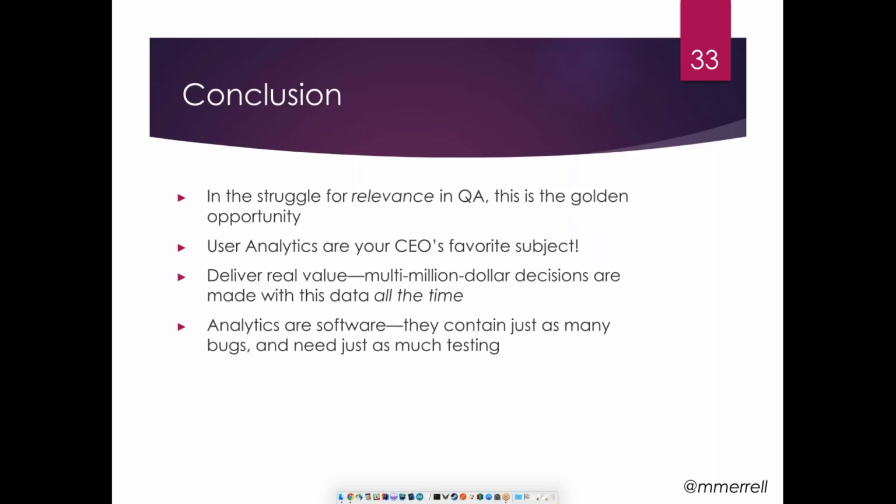And so in conclusion, what I think everyone in QA wants, most people who I speak to, is relevance. You want to know that you're testing the right thing for your business, and you want to know that you're being recognized for what you are testing. And for most people, that amounts to testing whether the button is blue or green, rather than asking the question, what is telling us that the users want it to be blue or green? Which is, I think, the real provenance of the QA tester: what should the users expect? What will maximize their user experience? And how are we doing right by them?